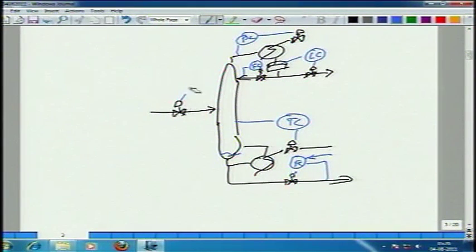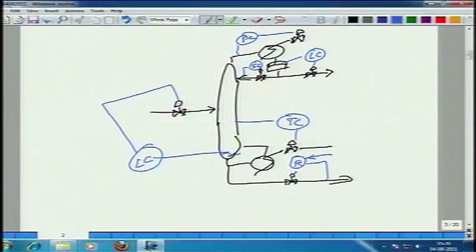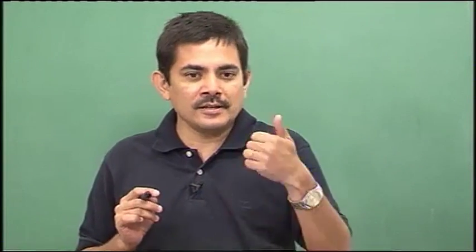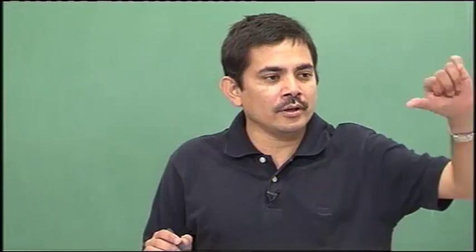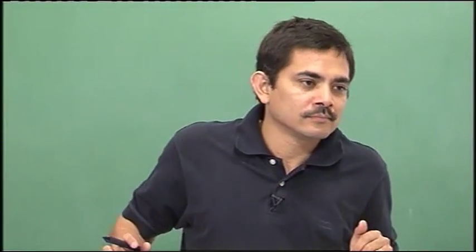and now the level is getting controlled by the feed that you are putting into the column, right. Does this make sense or no? This is another perfectly legitimate way of running the column. Well, if the level is going down, put more liquid feed, liquid will drop down and the level at the bottom sump will slowly but surely go back up.